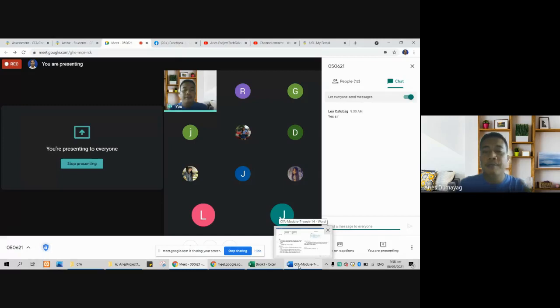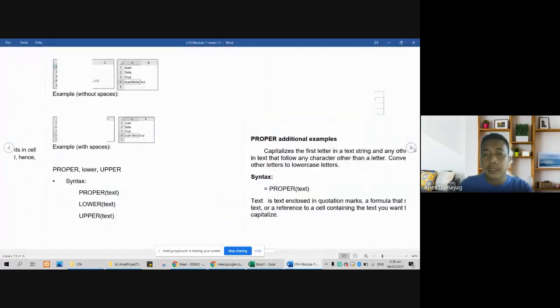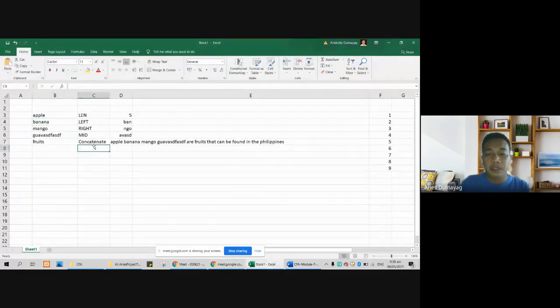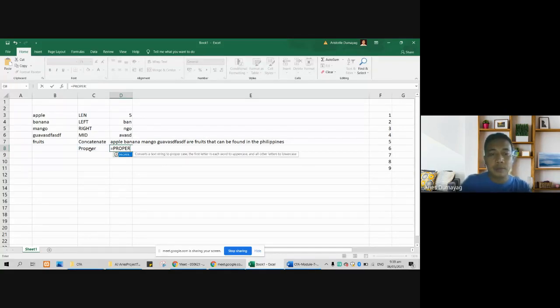Now, if calculations are included, kasi hindi ata na ilagay dito. May proper pa pala at saka con upper. Let's try the proper and upper first before the calculations. Okay, proper. So equal sign. So proper, of course, to it will make the character proper. Then upper. Examples lang natin. Then lower, it will